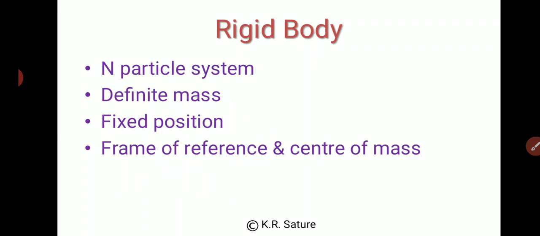It is the opposite of the free particle. You know that there are some particles in air, but they are not compactly bound, so they are not a rigid body, they are free particle systems. Obviously there are also constraints for a free particle system, but we are not discussing that right here. Our main objective in this chapter is to understand what a rigid body is and how the constraints are applied to that body. As I said, it has definite mass, and it has a fixed position and frame of reference.